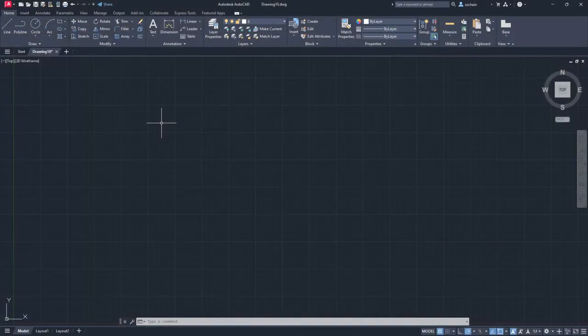AutoCAD's dynamic input provides a command interface near the cursor in the drawing area. It provides an alternative way to enter commands while keeping your focus on your design rather than the program interface. When dynamic input is turned on, a tooltip displays updated information near the cursor that is relevant to the task